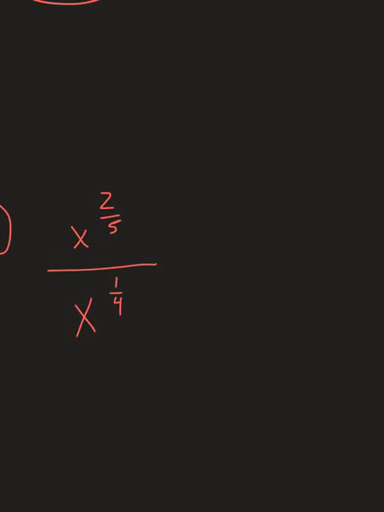This is equal to x to the 2/5 minus 1/4, okay? So what we have to do is we have to subtract our exponents. It's just subtracting fractions. We all know how to subtract fractions. We need to find a common denominator. And we know what that common denominator is. It is going to be 20. So we're going to have x to the 8/20